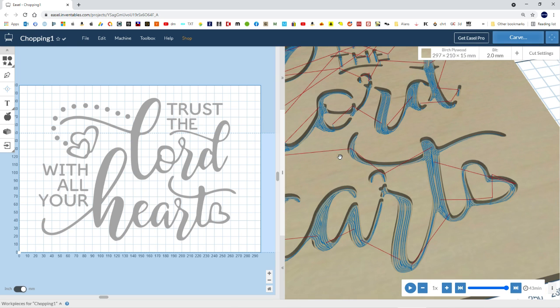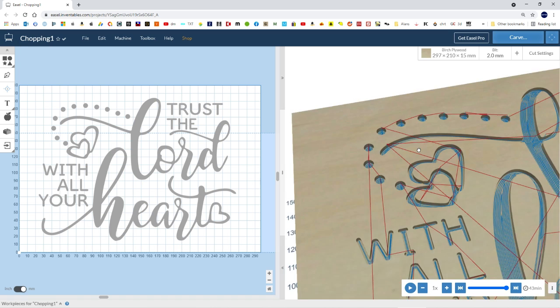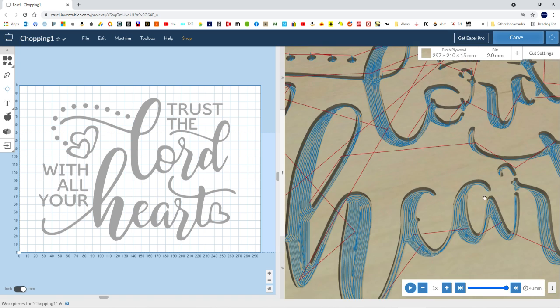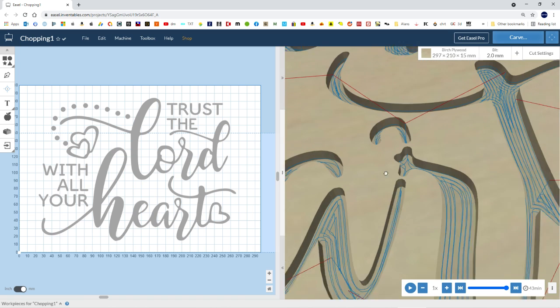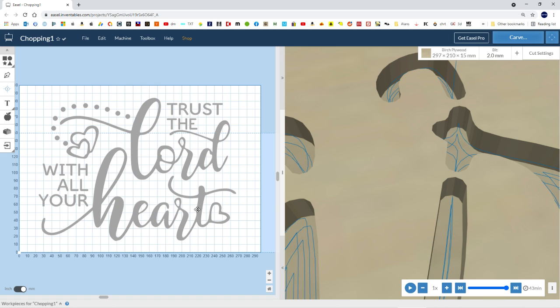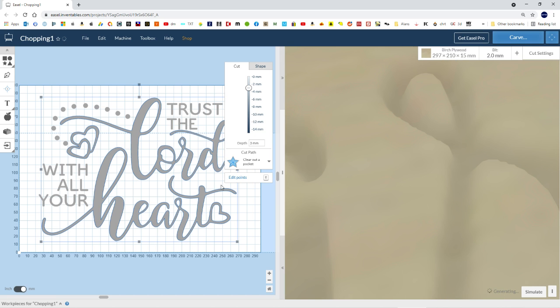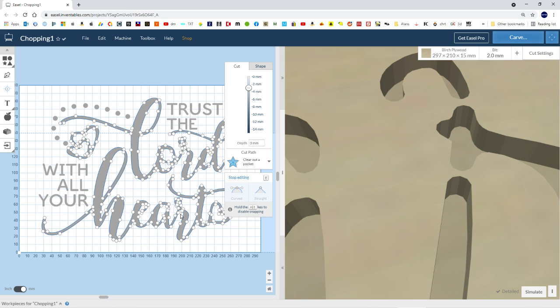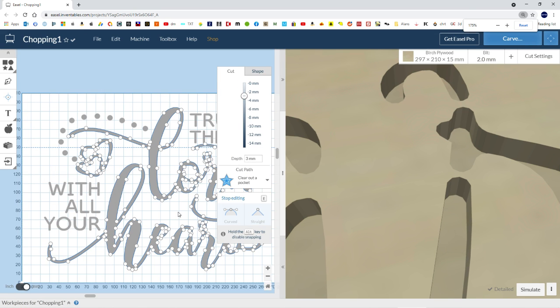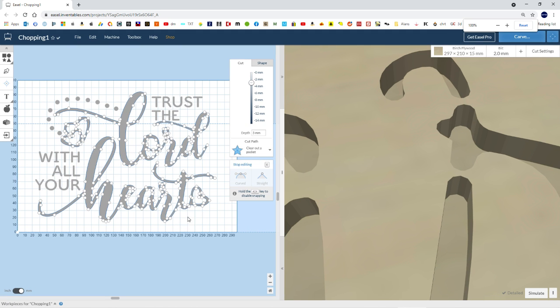So generally try and make your artwork fit with the bit, so nothing narrower than the bit size, otherwise you end up with this kind of thing happening. Now you can tweak the artwork, so for the sake of this demo, you can go in and edit points here. Press the E key and zoom in. Oops, okay, that's not going to work. But you can tweak points in here, and you can open this up so that the tool can actually get through. So I've gone for 3mm